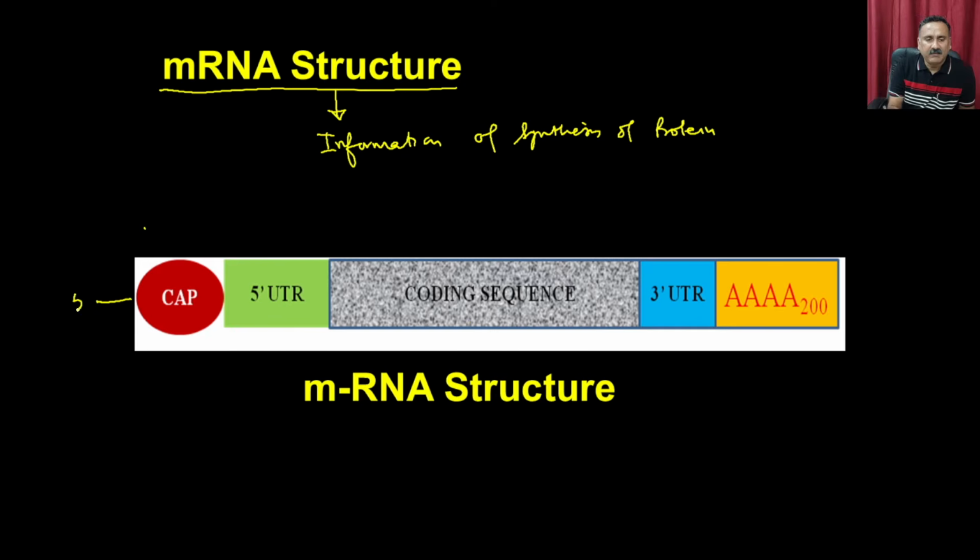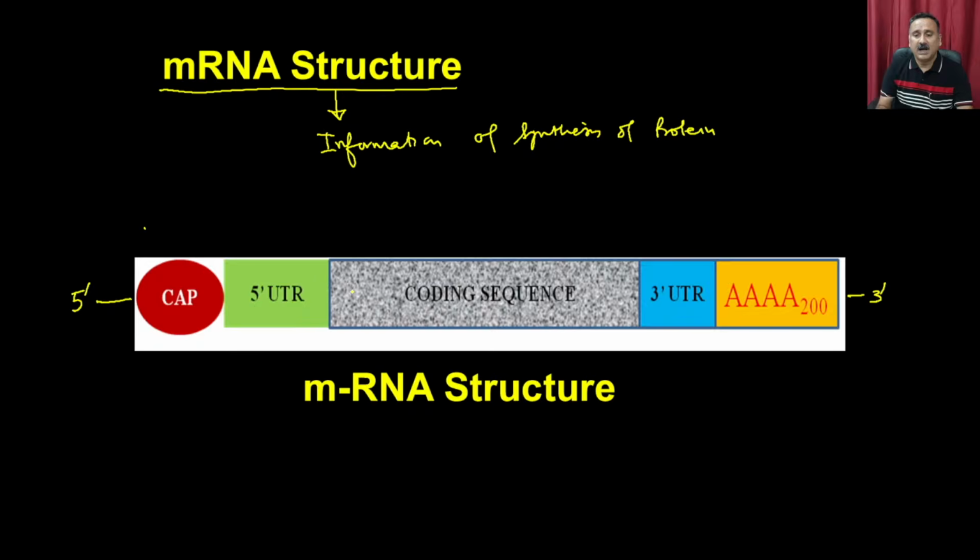This is the 5' end, and this is the 3' end. Remember that we have discussed in detail the composition of RNA when we were talking about DNA, right? So RNA is also a polynucleotide molecule. RNA is single stranded in the majority of cases, and RNA also has phosphodiester linkages and